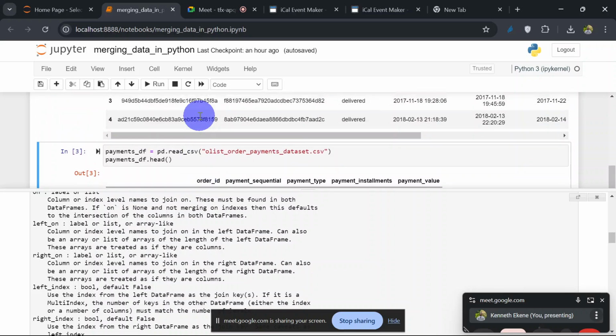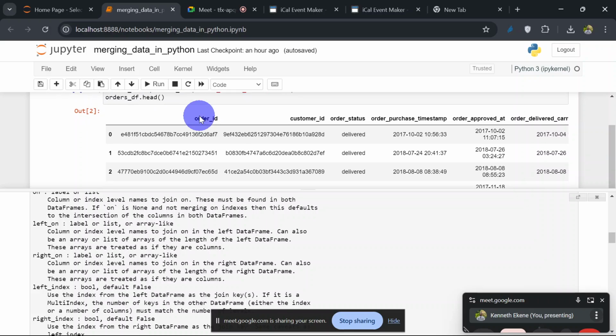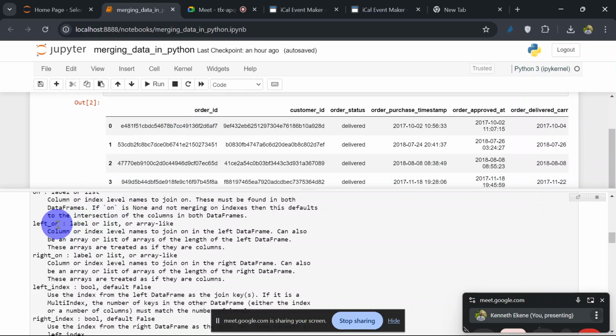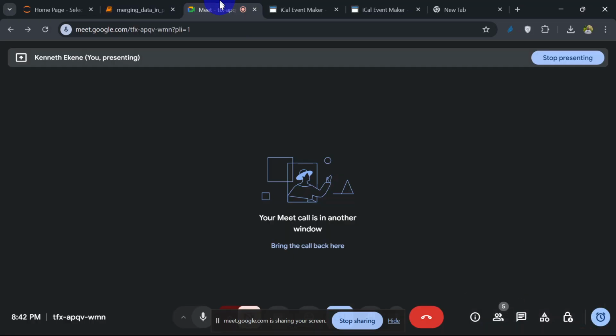So I was saying that in the case whereby the names of the ID columns are different for your two tables, right? That's what you now call left on and right on. But in this instance whereby they are named the same thing, which is order ID,